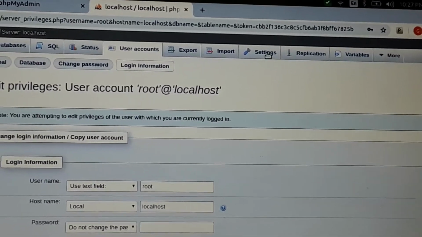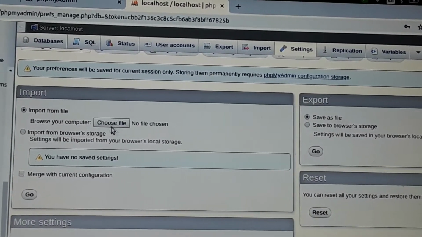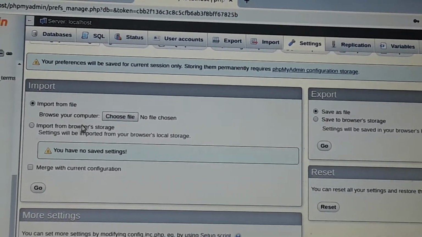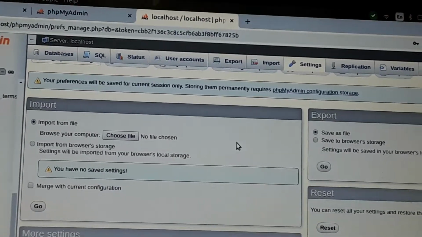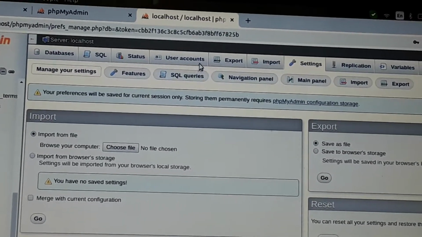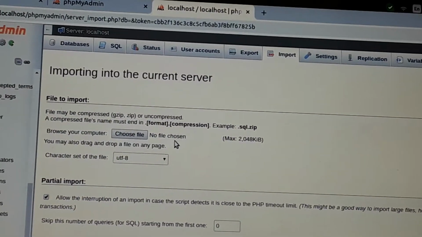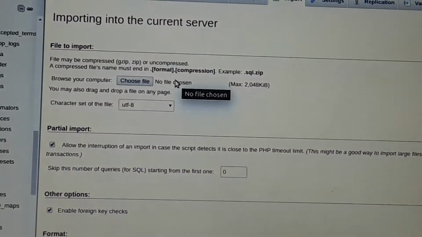Next one is the settings. Settings should be imported from the file; where it comes from will be explained in the next class. This is the import. Import means you are pushing the data into the database.